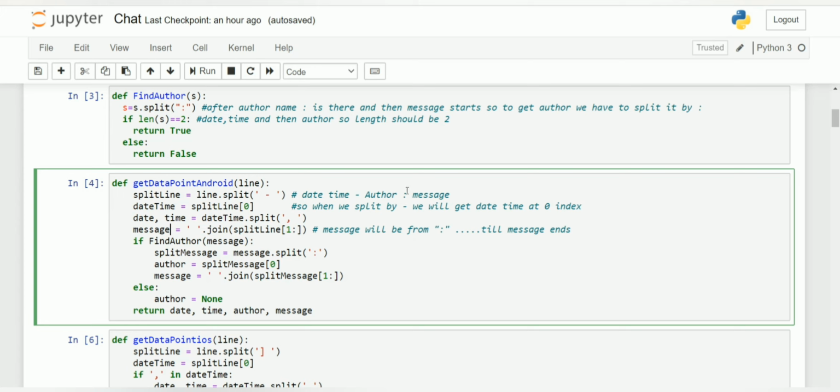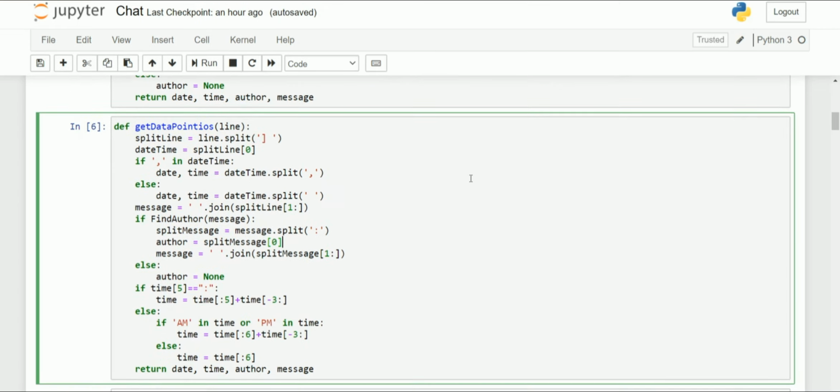Here at the 0th index the author will be there, so that value will be stored in the author variable. In message, the whole message is stored. If this value is not found, then author equals none. Return date, time, author, message, all 4 variables are written. As we have done get data point for Android, we have done the same thing for iOS.